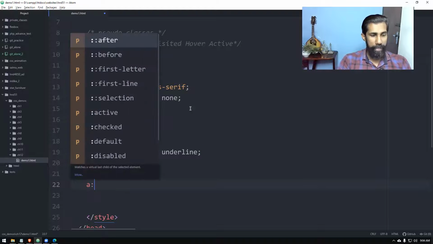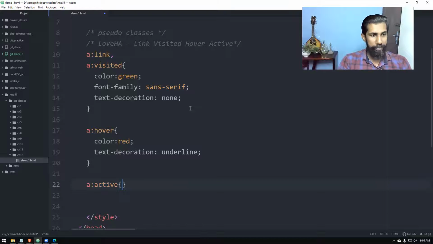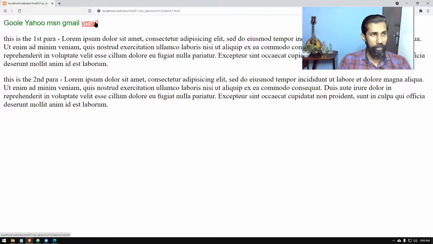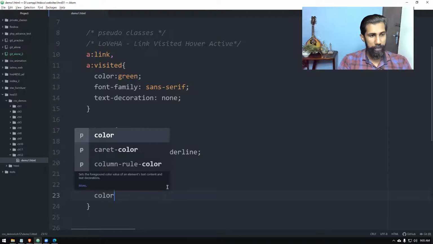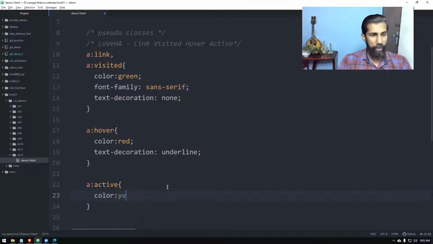Final one, active. Active in the sense, by the time you click and hold the link, click and hold the anchor tag, right? So the look can be changed like this. We will put that to color yellow, okay?